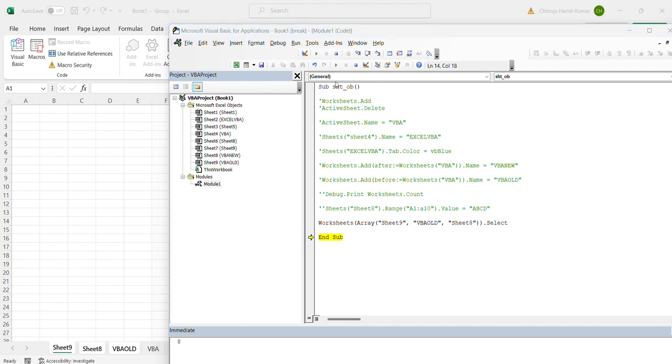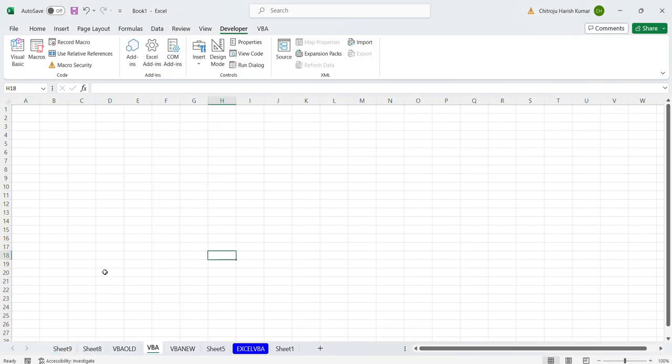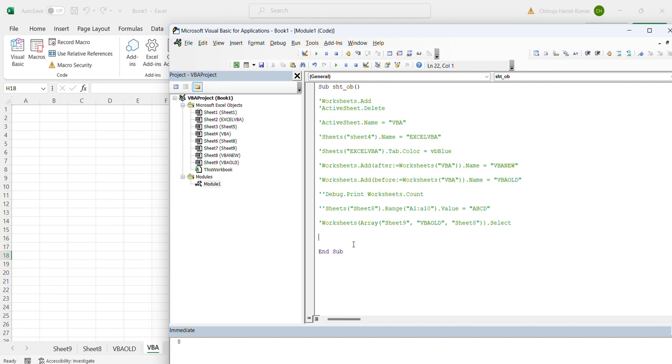So by using a sheet object, you can copy your worksheet also. How can you copy a worksheet? For example, I'm commenting out this one again. I want to copy my VBA sheet to a different place. How can I copy? It's very easy. Again, you take Worksheets of, you mention a sheet name there, VBA